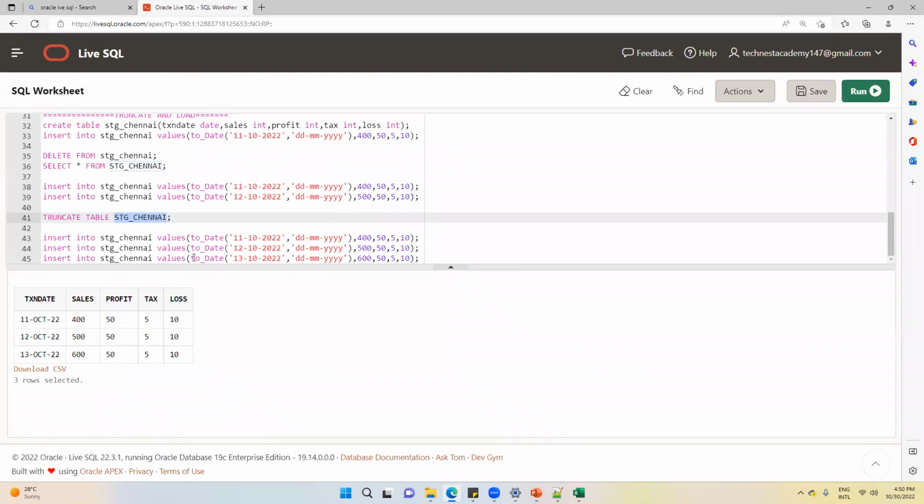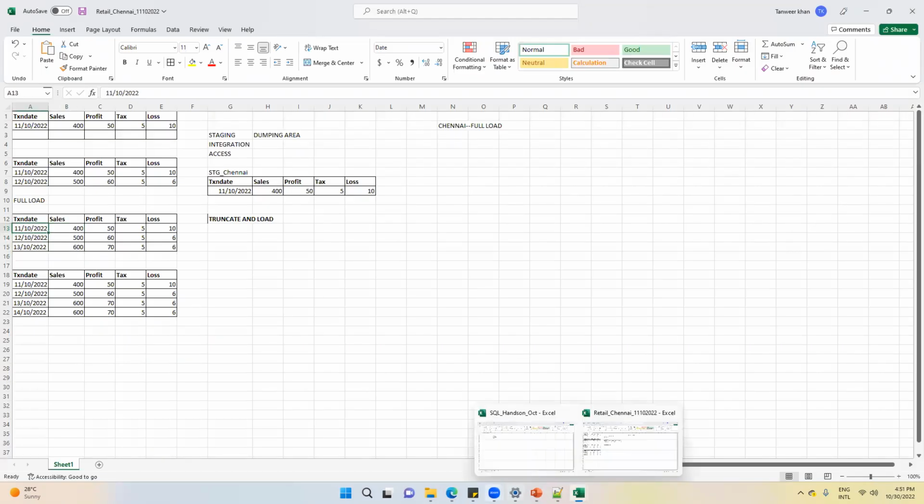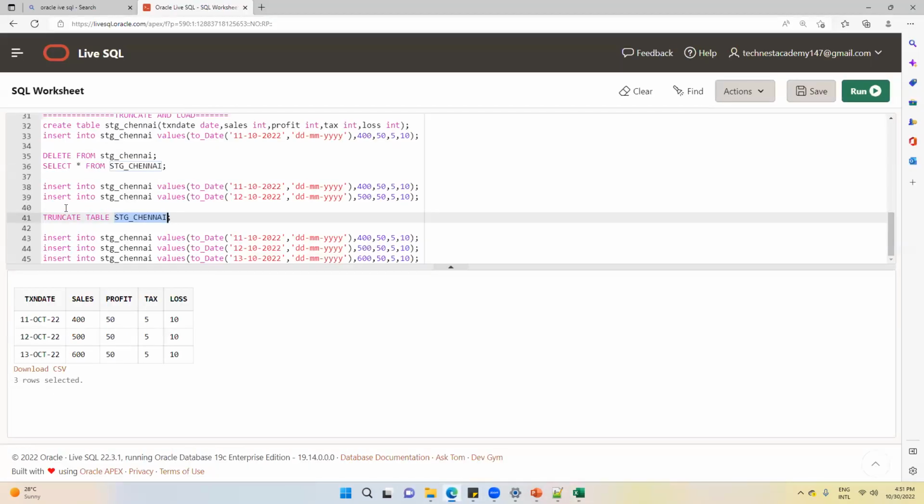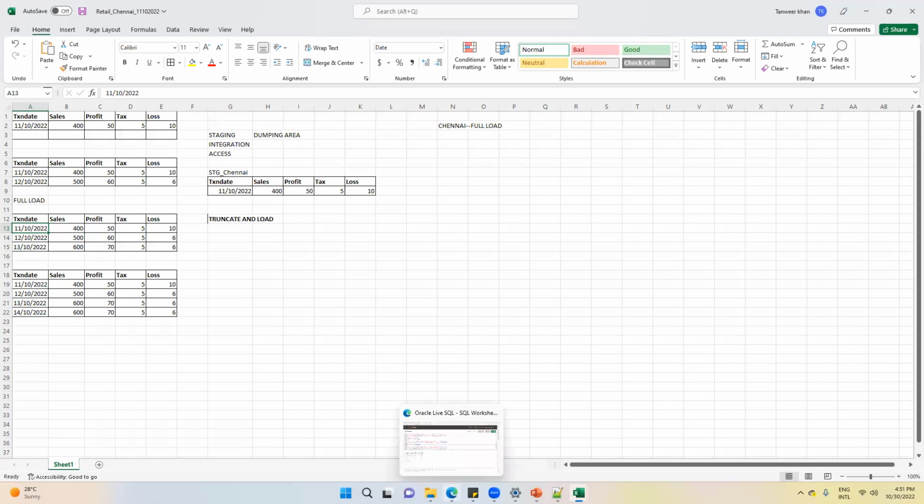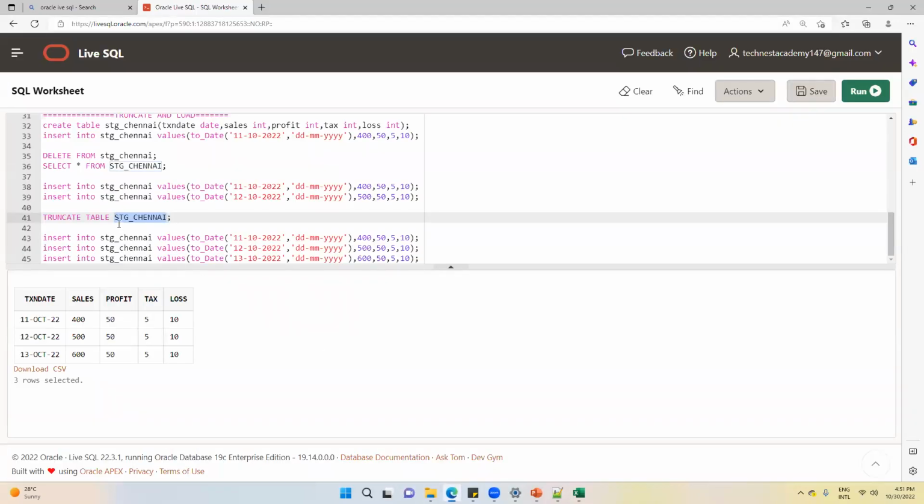I got this Chennai manager has sent me data in this Excel file. I suppose I have only this table in my entire database. Forget about everything. I received this data from the Chennai team. I loaded this data in this standalone table. That's all. In the next class, I will tell you that I have Mumbai data and all those things. And then when I go to integration, then I will go to access. Then I will tell you how we merge the data, we use the join and all those things. Leave all those things for the time being. Okay, Tanvi, thank you.